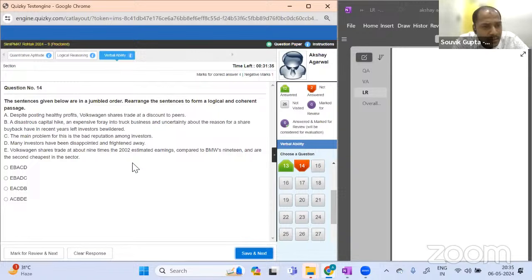So A starts the para because Volkswagen shares trade at a discount to peers. Further details about it, nine times compared to BMW's, and the second cheapest. Further details. So AE should be the starter as per me, but I'm not able to see AE or A as the starter. So EA should be the